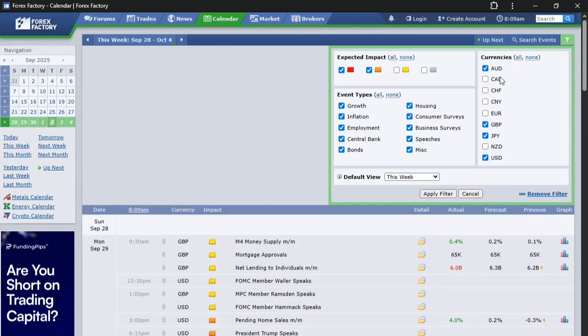Like I personally trade AUD USD, so I want to see the news of the Australian dollar, right? Likewise the British pound, GBP, Japanese yen, and also the US dollar, right? So these are the most important news I look out for because they are the pairs that I'm focused on. So when you've done all this, you just click apply filter below there, and once you do it, it